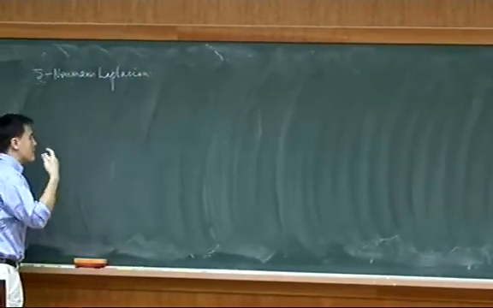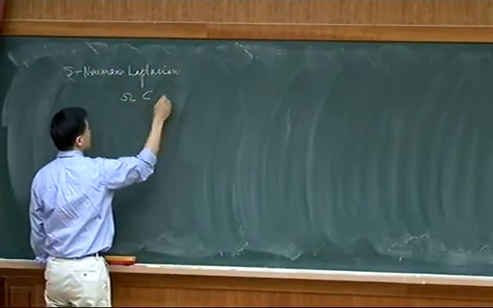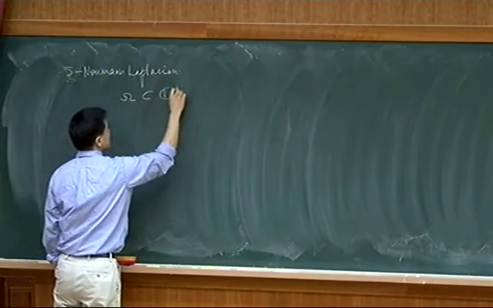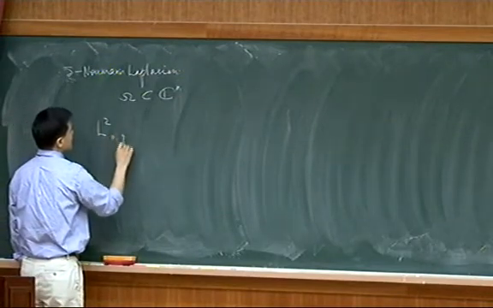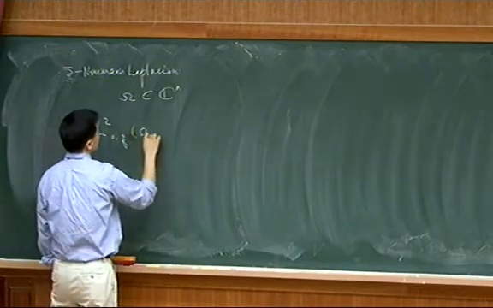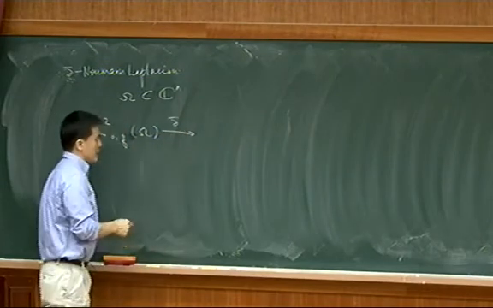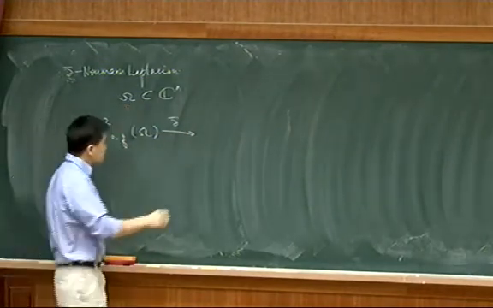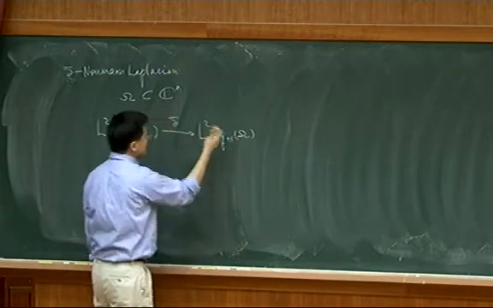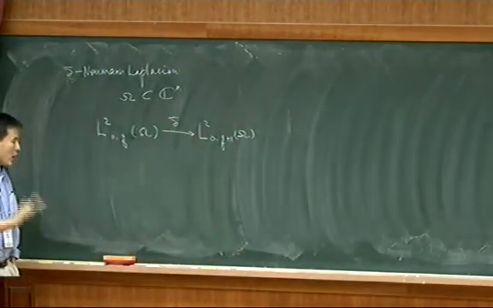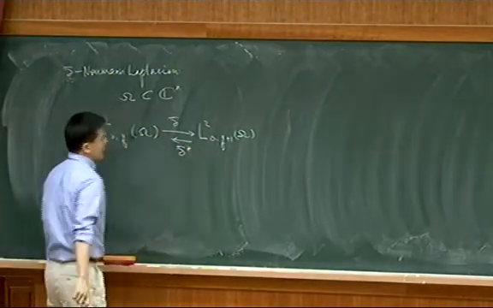So suppose I focus only on domains in Cn. I mean, you can talk about complex manifolds. So suppose this is a domain in Cn. Let's consider the dbar operator from (0,q-1) forms to (0,q) forms. We can talk about (p,q) forms, but it's not going to make a difference because we are working in Cn. So this would be a densely defined closed operator. Therefore, it has an adjoint, which is also densely defined and closed.